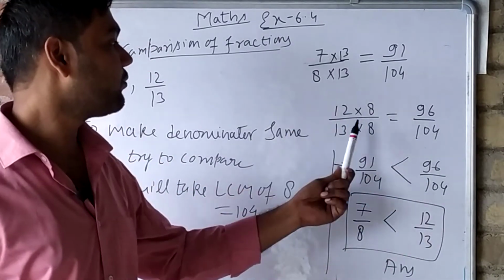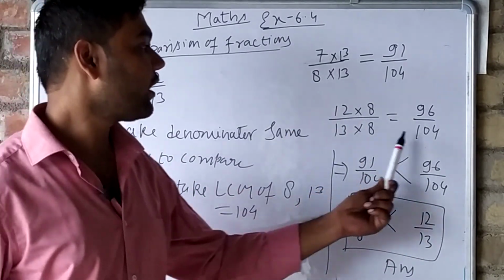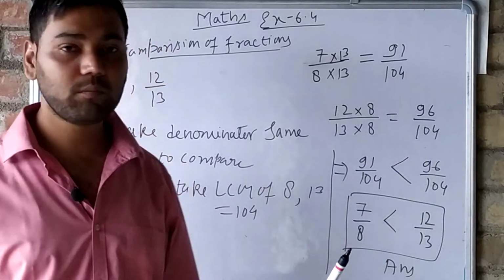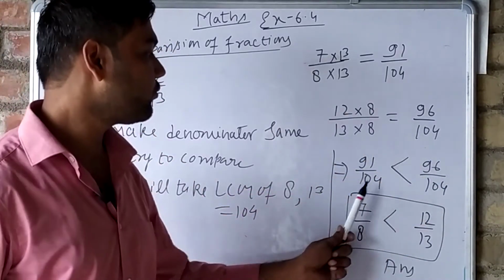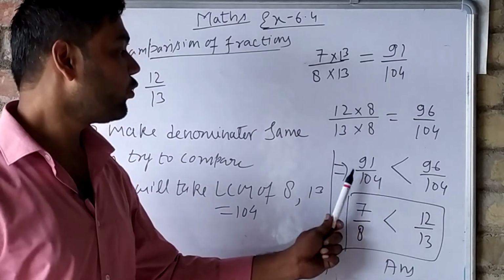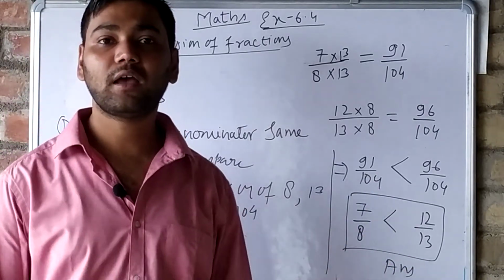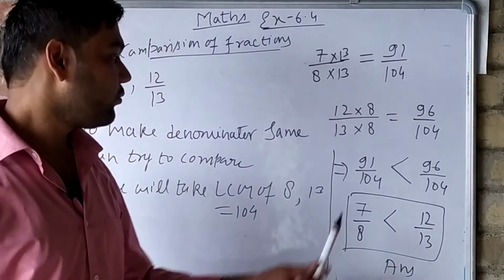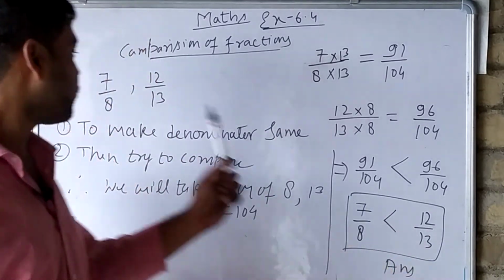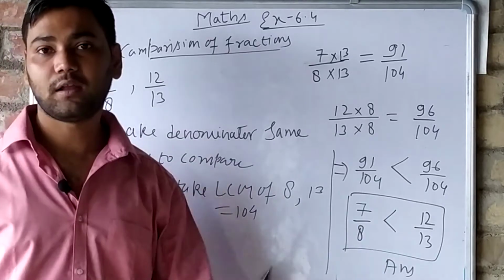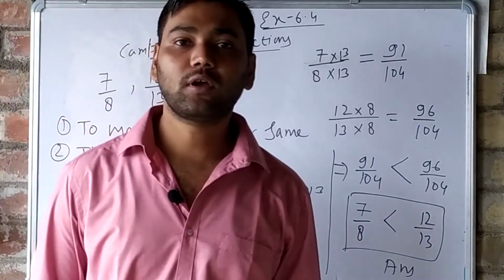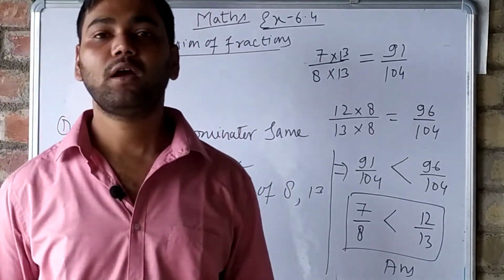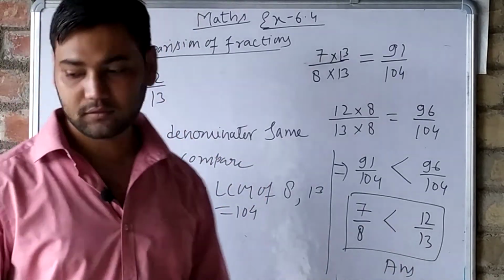तो ऐसे किसी नंबर से मल्टीप्लाई करेंगे जिसमें डिनोमिनेटर दोनों में मिल जाए. जैसे ही डिनोमिनेटर सेम हो जाएगा, हम देखेंगे कि कोई एक तुम्हें क्लियरली दिखने लगेगा कि हाँ ये छोटा है और कोई दूसरा क्लियरली बड़ा है. और उसके बाद उसकी एक्चुअल वैल्यू जो क्वेश्चन में लिखी हुई थी वो लिखकर हम आंसर लिख देंगे. ओके. सो दिस इज द वे ऑफ कंपैरिजन इन फ्रैक्शंस.